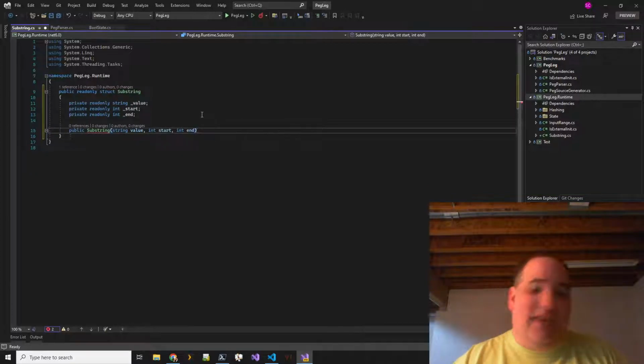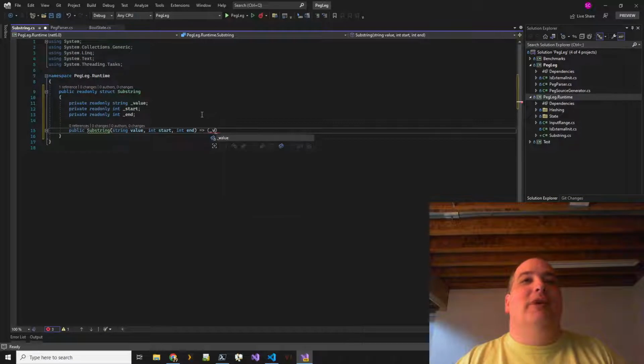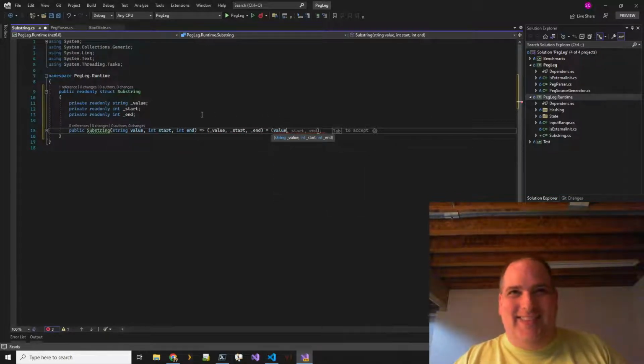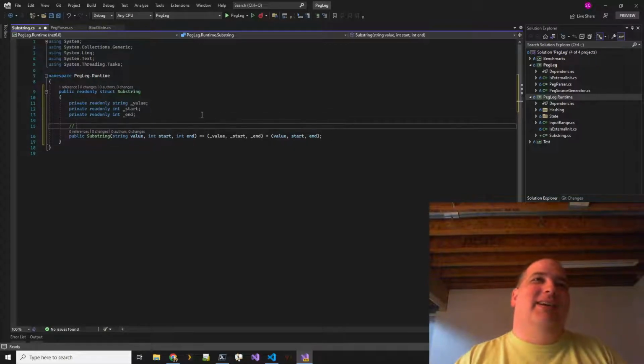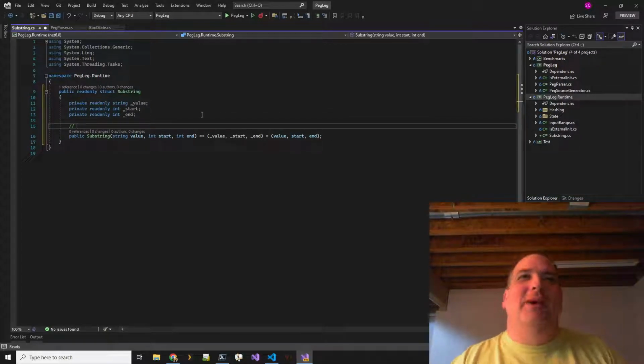I haven't actually done this yet, but it's this horrible trick where you can assign all of your things using tuples. I don't know if that adds any inefficiency. It's clever, but it's also kind of awkward.